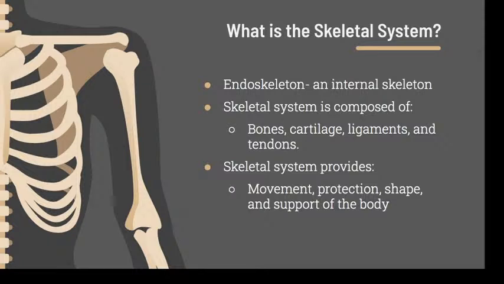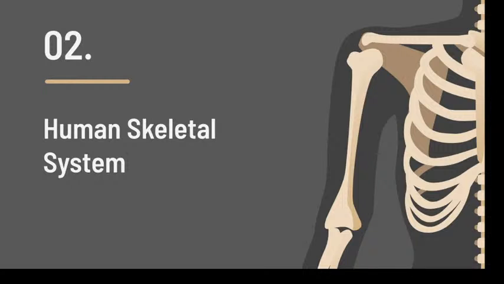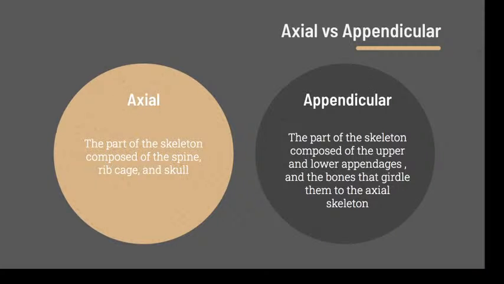It is really important because it provides us with movement, protection, shape, and it also supports the body. And we talked about the two ways physicians distinguish the bones, the axial and the appendicular. The axial is the part of the skeleton composed of the spine, rib cage, and the skull, basically